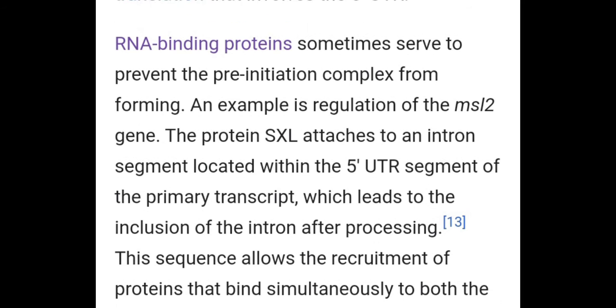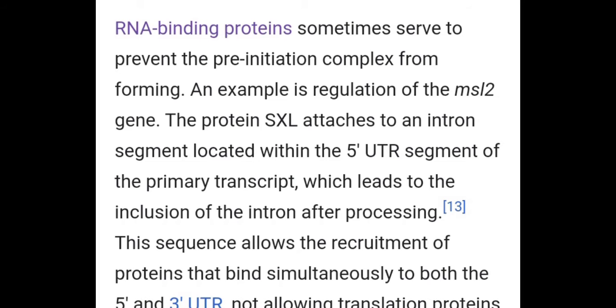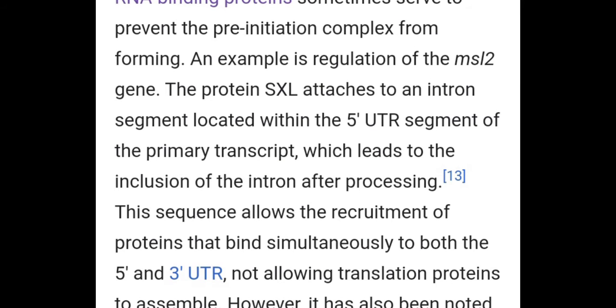Okay, and this SXL acts as a repressor of MSL2 mRNA translation. How? It has been shown. Now let us look at the written material. It is showing that the protein SXL attaches to an intron segment located within the UTR segment of the primary transcript. So within the